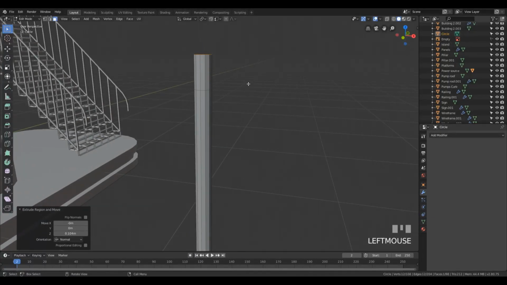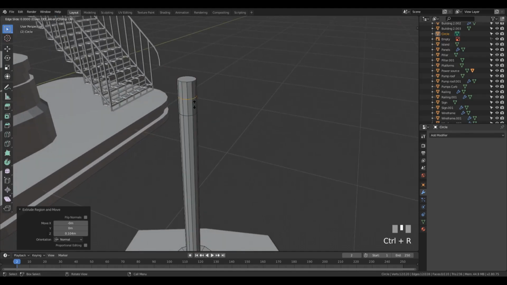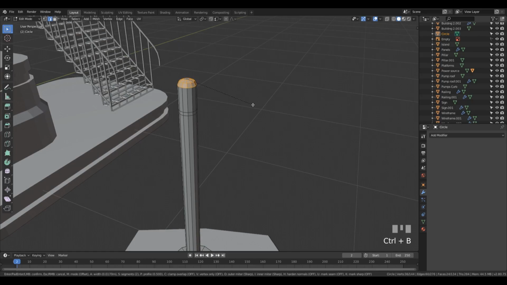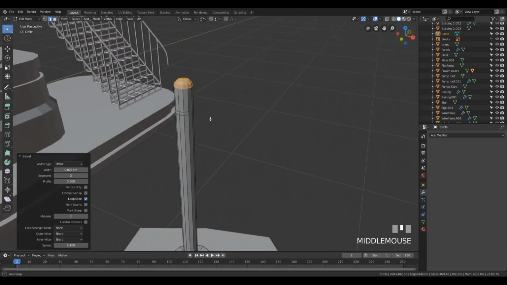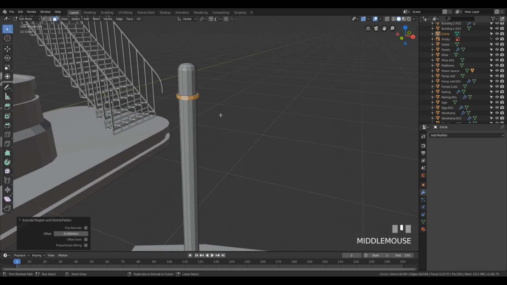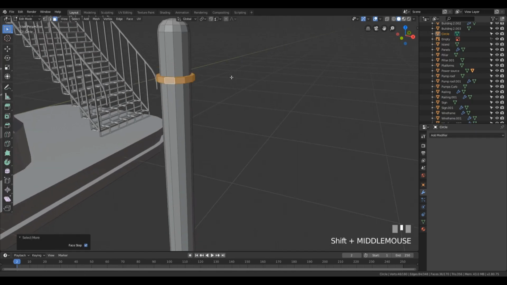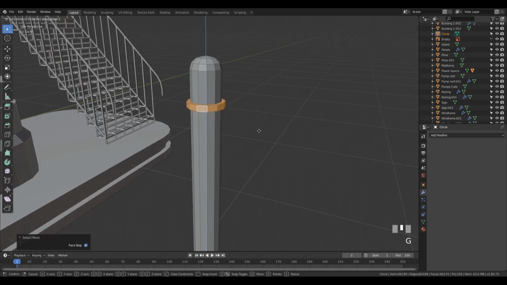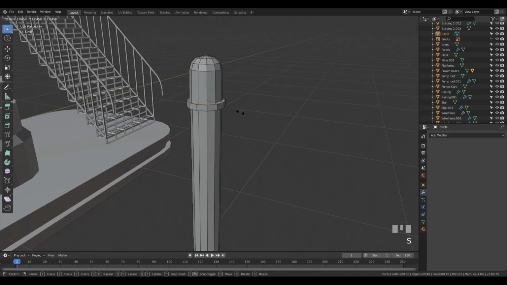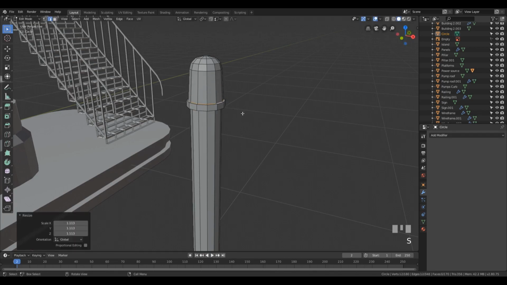Let's extrude and let's make a cut here. Alt click this, let's press Ctrl B, and we can add some segments here, and then we can go to the face select this loop, and maybe extrude it along normals. You can always press Ctrl plus to expand the selection and move this up and down as you see fit. And yeah, maybe I want to make this a little bit wider there,